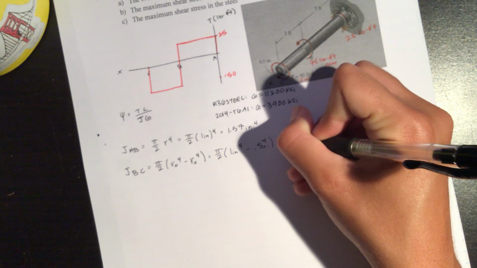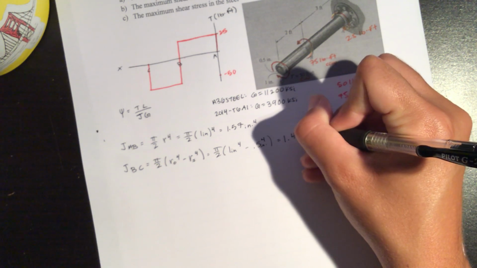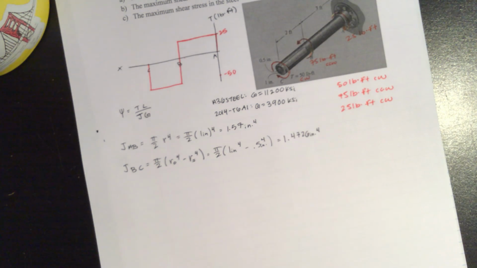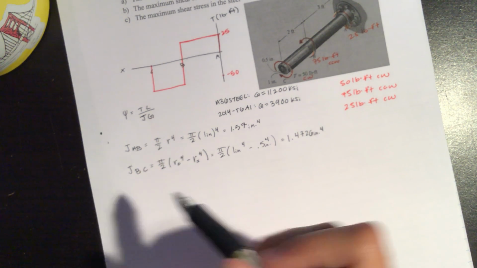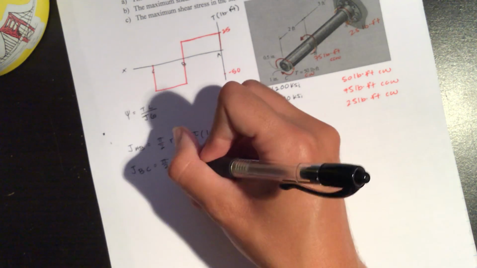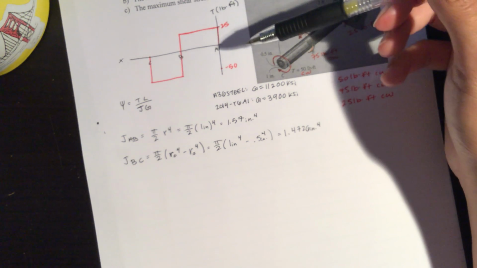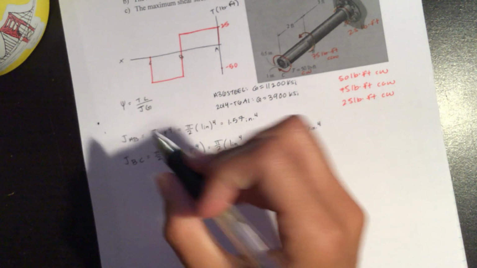And I calculated this ahead of time and got 1.4726 inches to the 4th. So our next step is, now that we have almost all the components for this problem, we need to solve for the twist. We can utilize the torque diagram that we made and what we found for J in order to get the twist